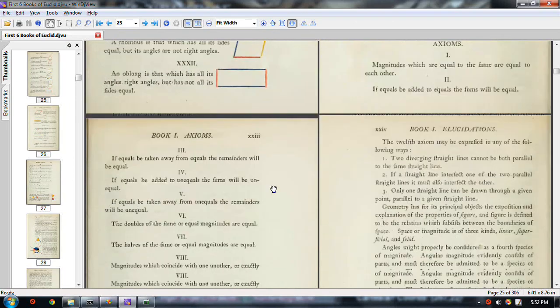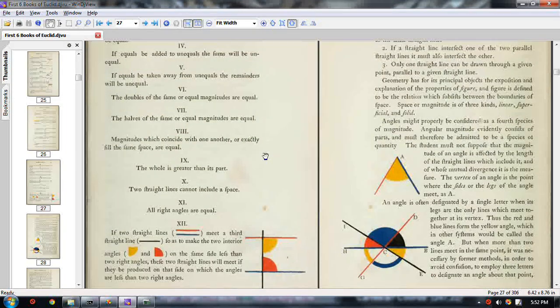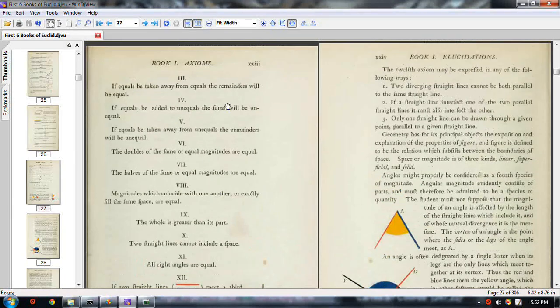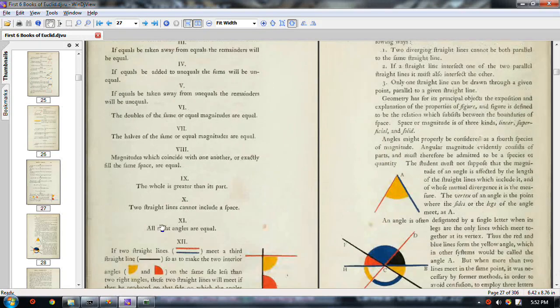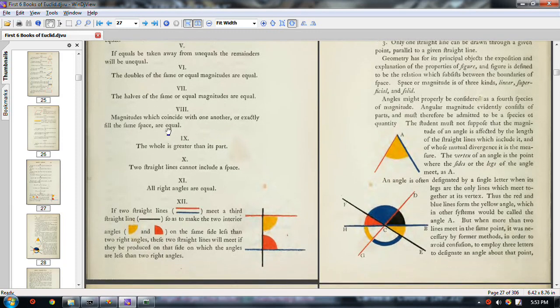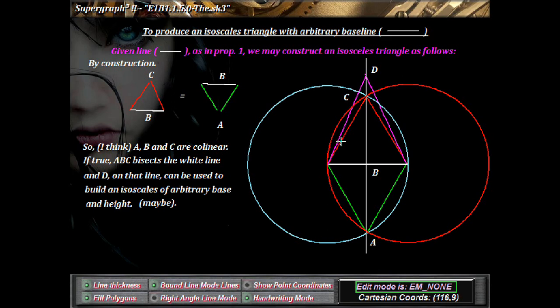Equals added to equals, whole is greater than part. There's nothing here. We've got this, the only mention of right angles. Magnitudes that coincide and fill the same space are equal. Now that maybe might do it,